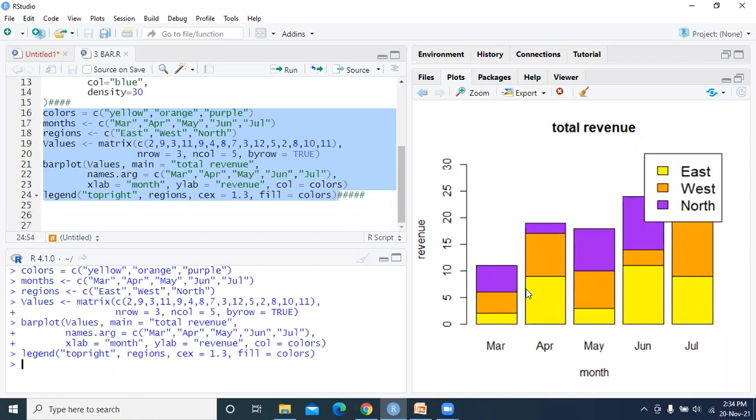Under each bar, the month is displayed: March, April, May, June, July, and the x-axis denotes month. The y-axis is revenue. Using the legend top right, it is appearing on the right side. Suppose you give top left, it will be changed.